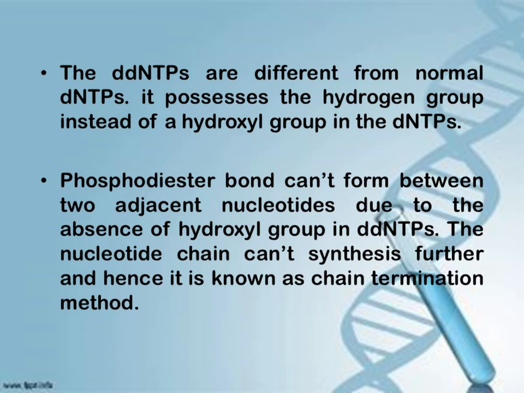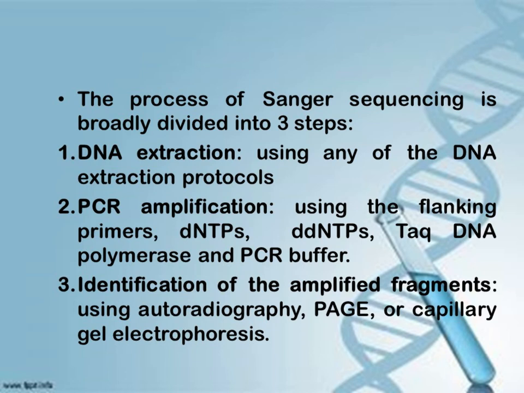More recently, higher volume Sanger sequencing has been replaced by next generation sequencing methods, which I have discussed earlier, especially for large-scale automated genome analysis. However, the Sanger method remains in wide use for smaller-scale projects and for validation of next-generation results. It still has the advantage over short-read sequencing technologies in that it can produce DNA sequence reads greater than 500 nucleotides. The process of Sanger sequencing is broadly divided into 3 steps.